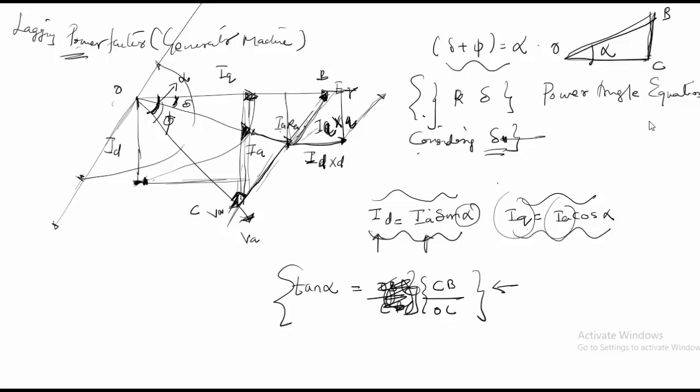If you are drawing it to scale, which I will do for all the graphs when I get the time, I will publish a video showing all the graphs to scale and update that in the description. But if you are projecting it on top from here, whatever this component is will be given by VA sine phi